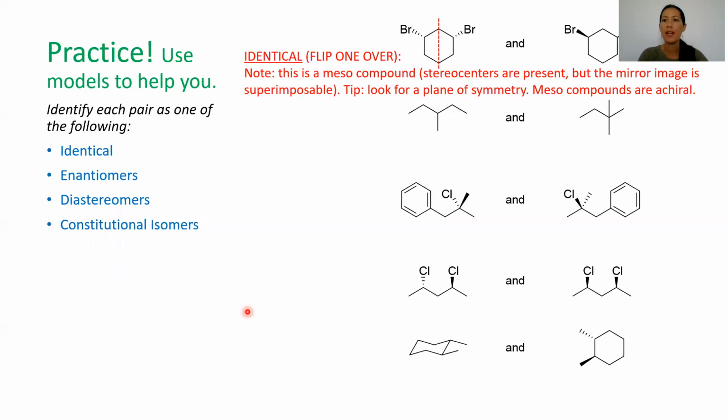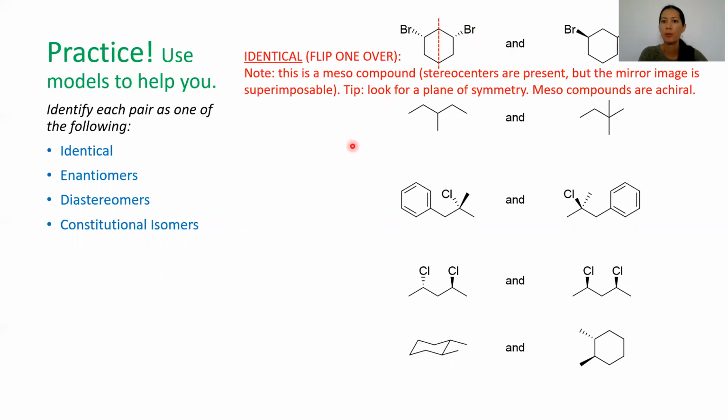Okay, the first one ends up being identical. There's a plane of symmetry. If I flip this molecule on its back, I would get to this. This compound is meso. It appears that you do have a stereocenter, 4 different groups, but overall the molecule is